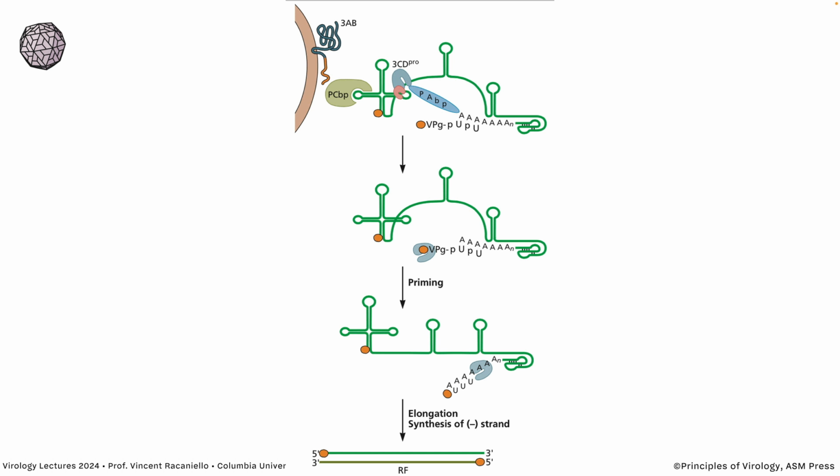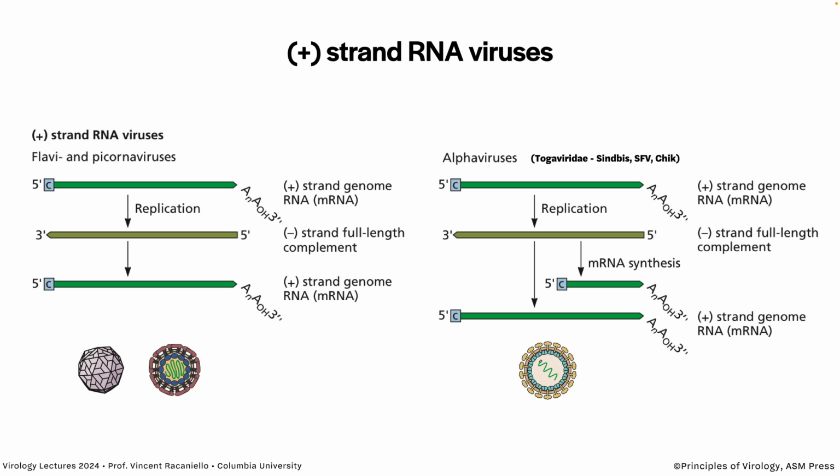So let's have a look. Since not everybody got that, let's take a look at what's going on. There's circularization of the template, right? There's interaction between poly-A binding protein and the polymerase, which brings the 5' and 3' ends together. That's what that's all about. And so it is a primer-dependent reaction,